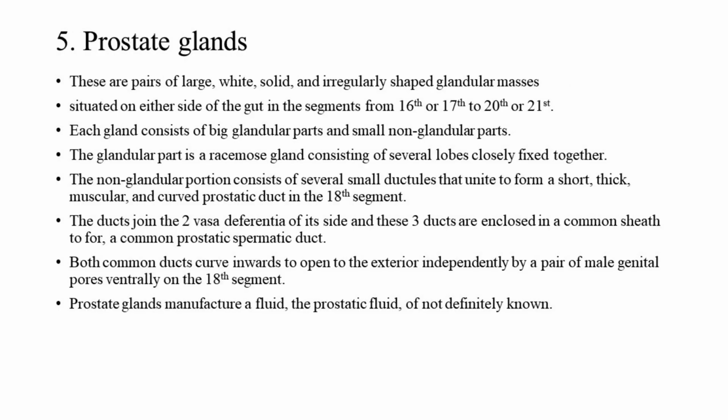5. Prostate glands. These are pairs of large, white, solid, and irregularly shaped glandular masses, situated on either side of the gut in the segments from 16th or 17th to 20th or 21st. Each gland consists of a big glandular part and a small non-glandular part. The glandular part is a racemose gland consisting of several lobes closely fixed together. The non-glandular portion consists of several small ductules that unite to form a short, thick, muscular, and curved prostatic duct